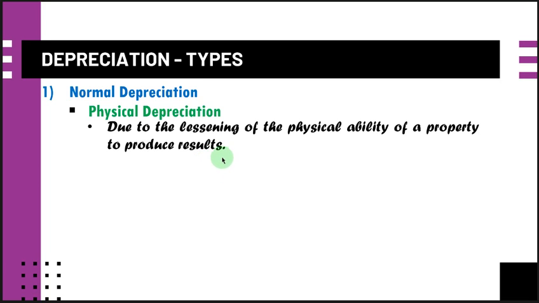In which, as the time goes by, the performance and the efficiency of the machine will also decrease as time passes by. Okay, so we have also now the simple definition for physical depreciation, as the common causes are the wear and deterioration of the equipment or machine. So this is for the physical depreciation.